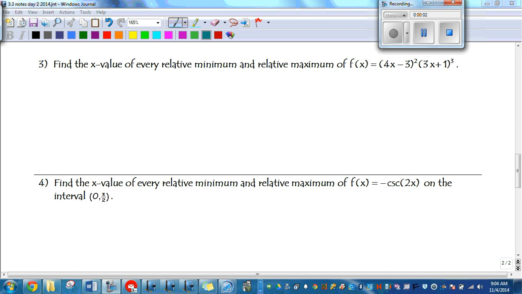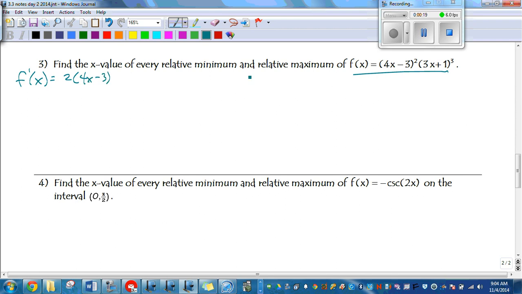Number 3, we've got a little more difficult function to deal with for our derivative. We're going to have to use product and chain rule here when we take our derivative. So the derivative, we take the derivative of the first part, we get 2 times 4x minus 3 to the first, times the derivative of the inside, which is 4, times the regular second function, so 3x plus 1, squared, plus regular first function, so 4x minus 3